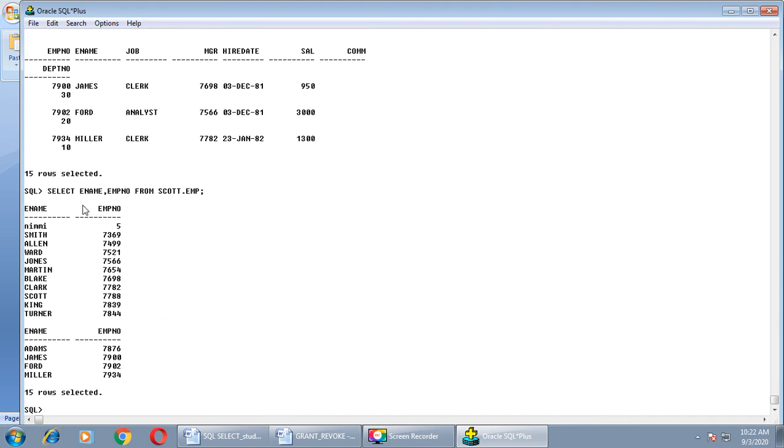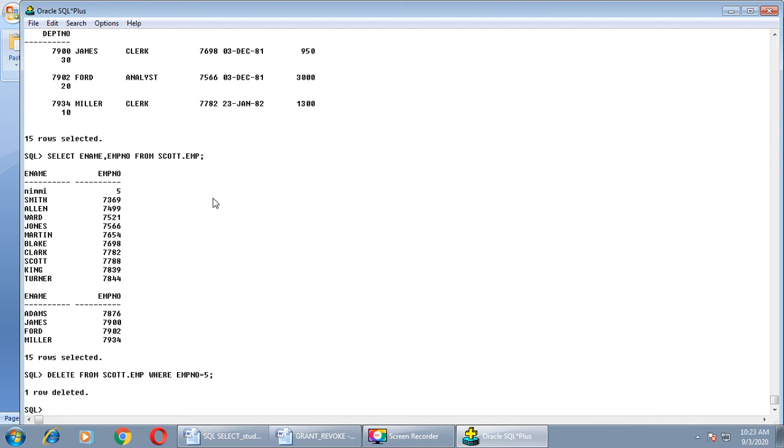Now if you want to delete a record from scott.emp, how can you write? Not select, but all of you are aware of the delete command. Delete from scott.emp where EMP number equals 5. As I told you, don't delete the default records of this table or even this table, right?